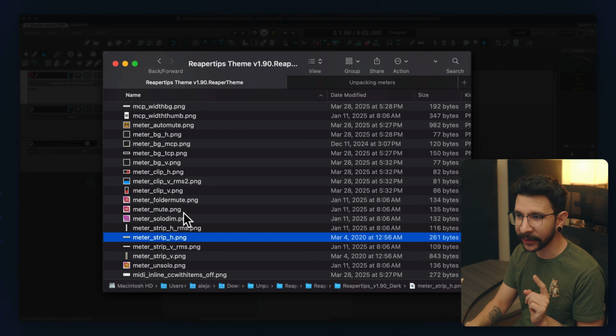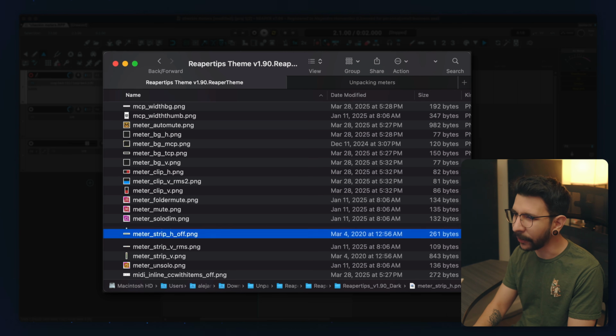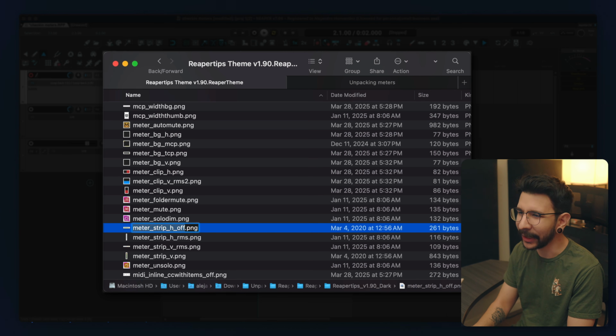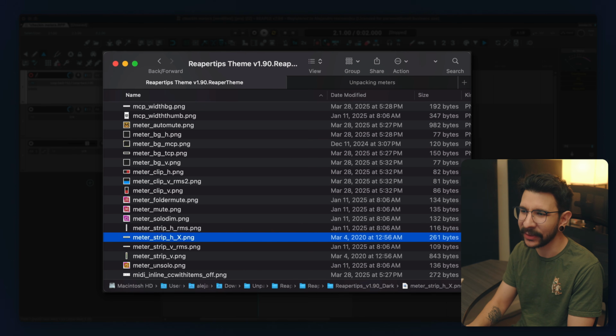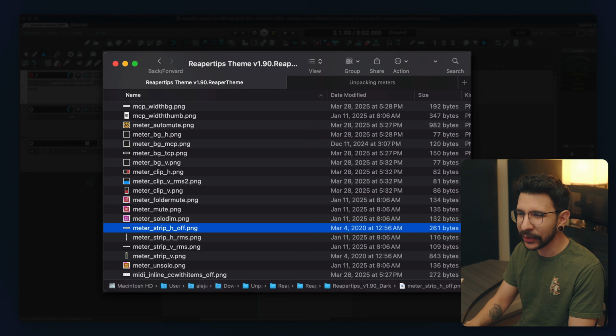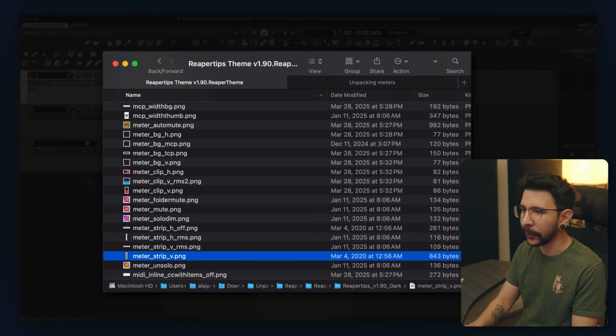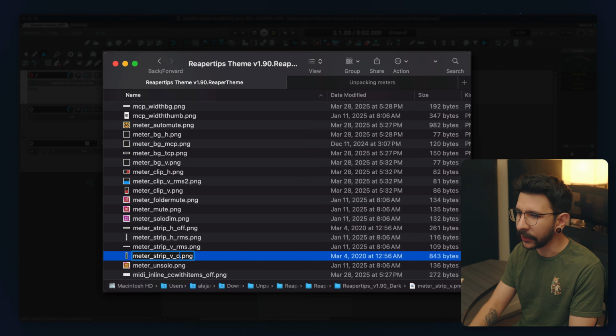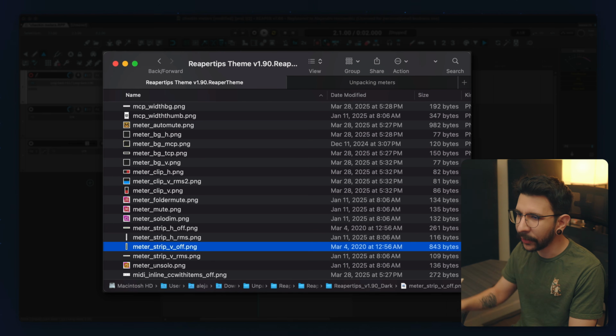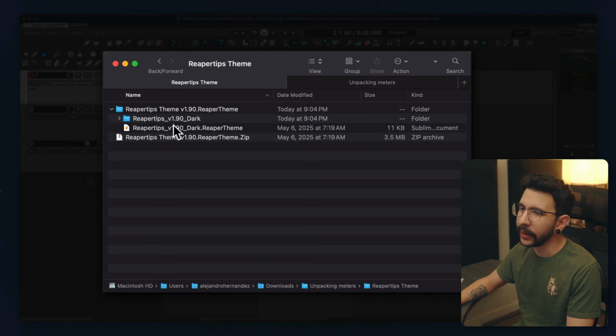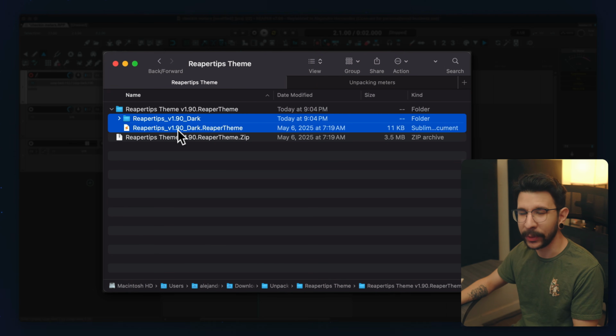You will find the meter strip H and just rename it to say underscore off or any other name. Just change the name to ads or something. It's just like disabling the image, so the theme is gonna stop finding this image. We will do the same thing for the meter strip B vertical and the horizontal. So now these two say off. Now we pack this back as we did with the other one,